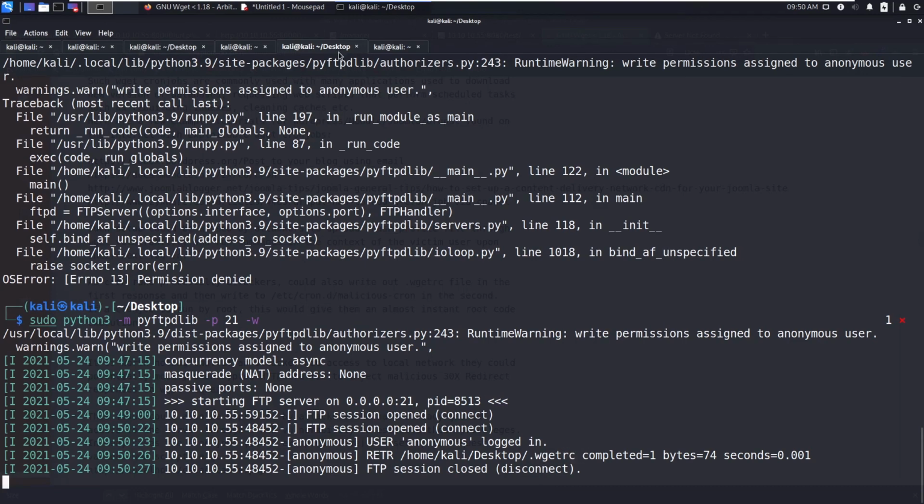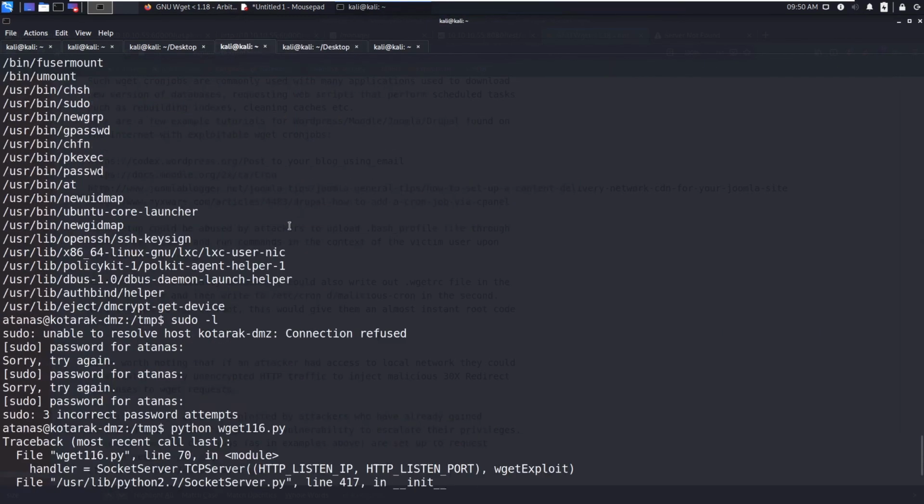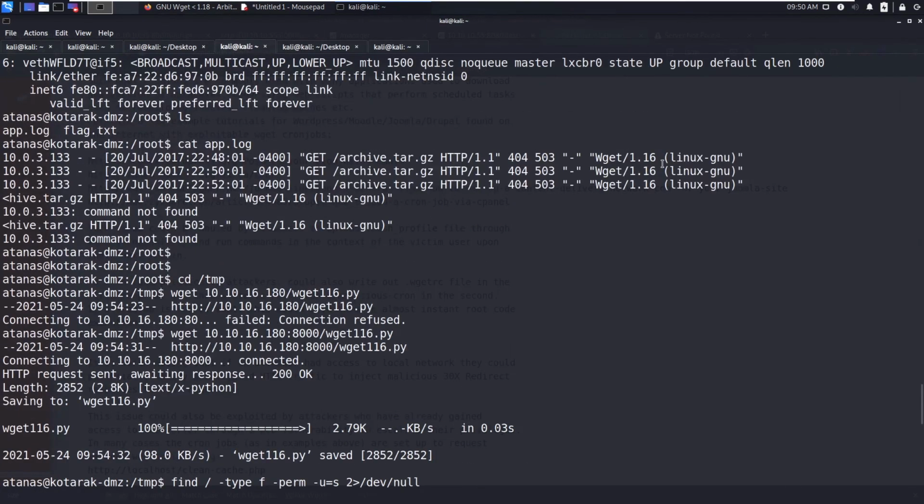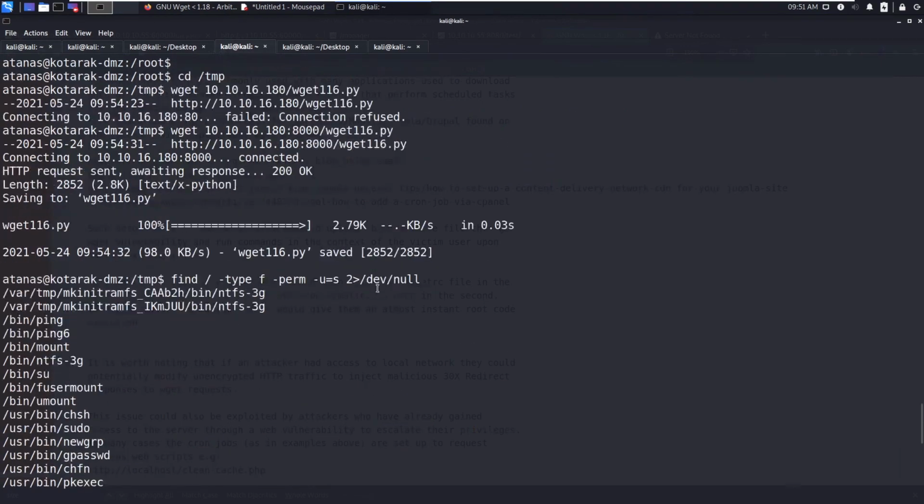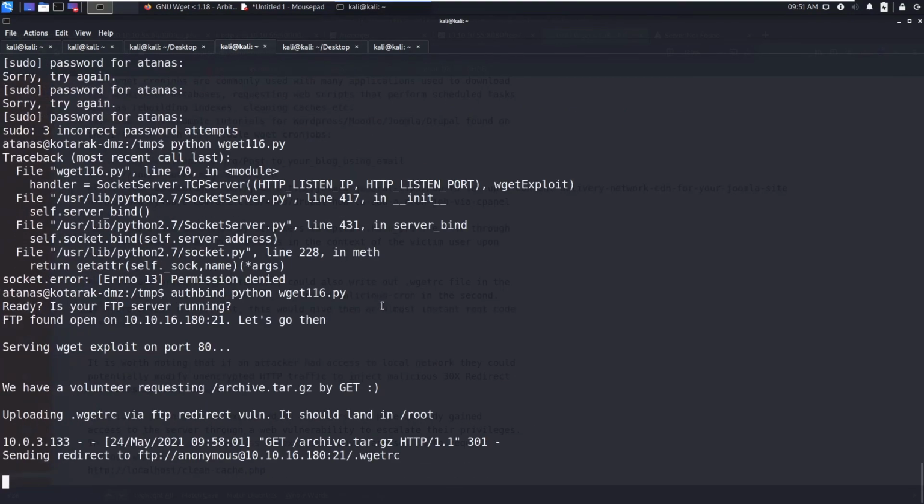Since the wget version on that box is less than 1.18, it is storing the wget-rc as it is. Now after storing, it will send the post request.